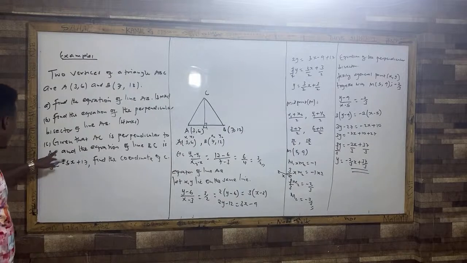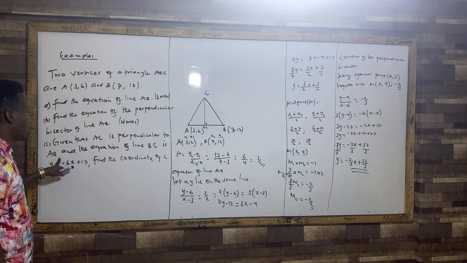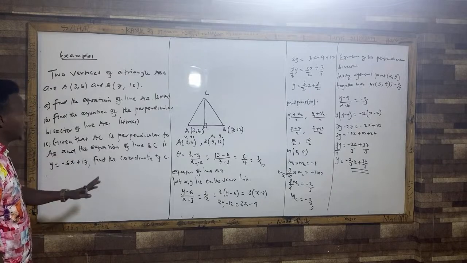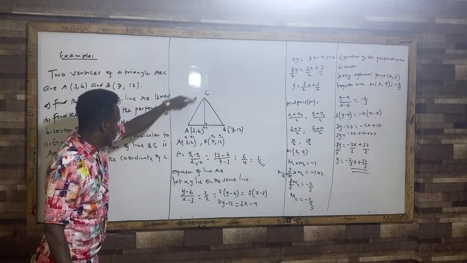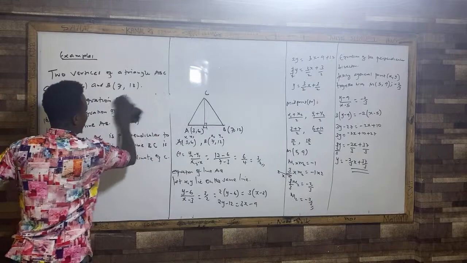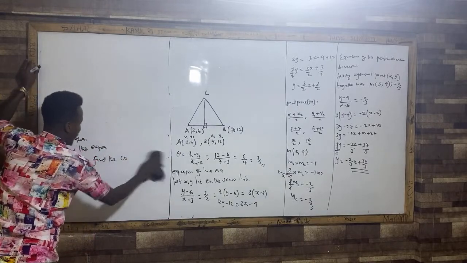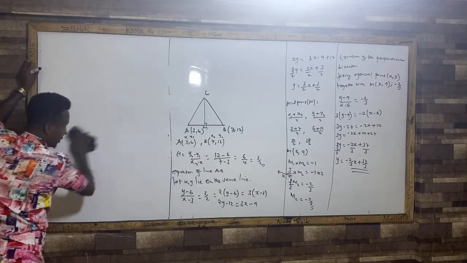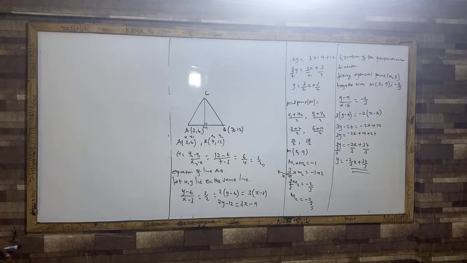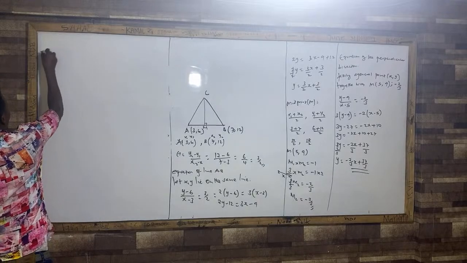So remember you are told, given that AC is perpendicular to AB. Perpendicular means they have the same gradient. So let me get the equation of AC here. I hope you have the equation. This is the procedure, guys. Just understand. You are told, given that AC, I read from the book, is perpendicular to AB. So let me get the equation